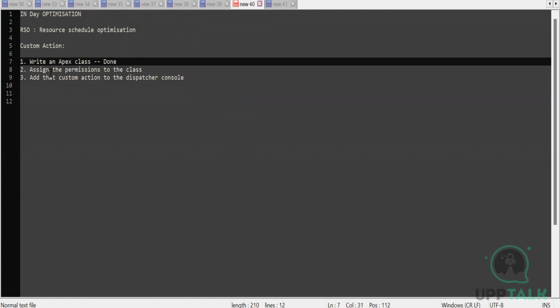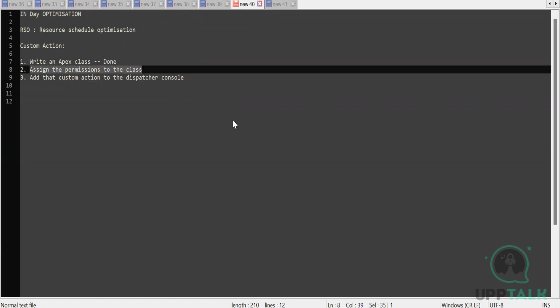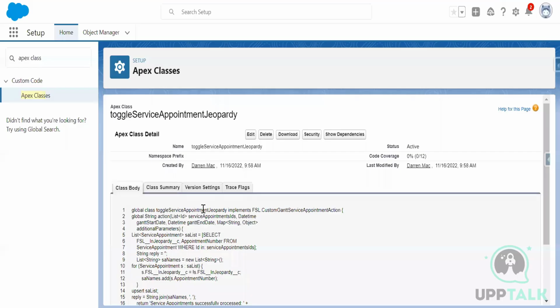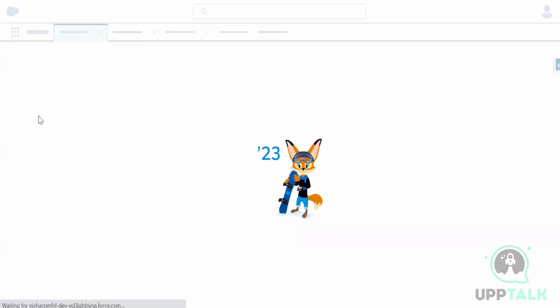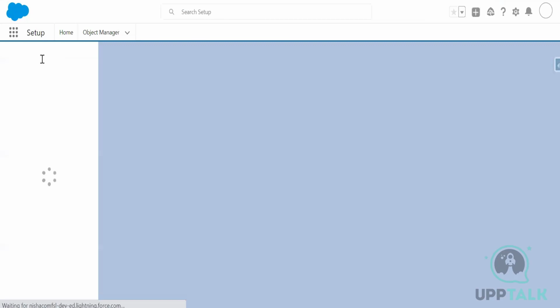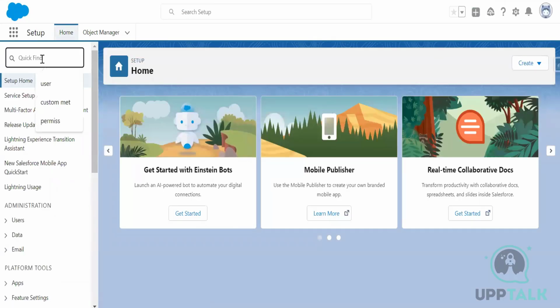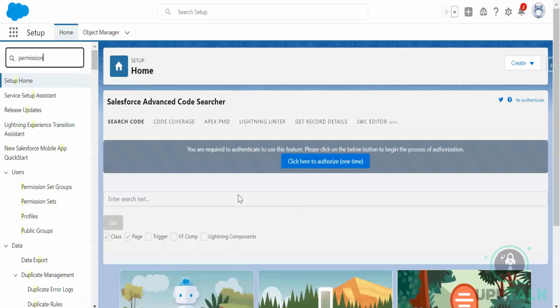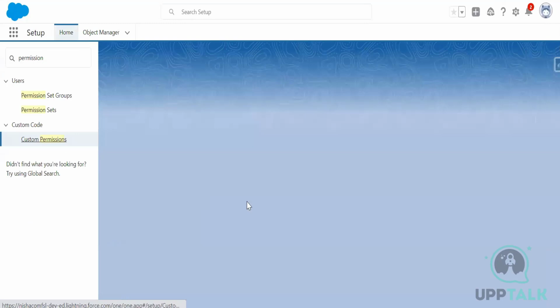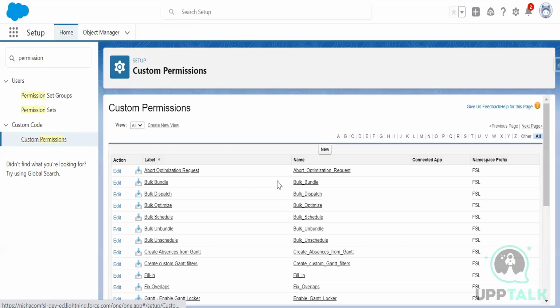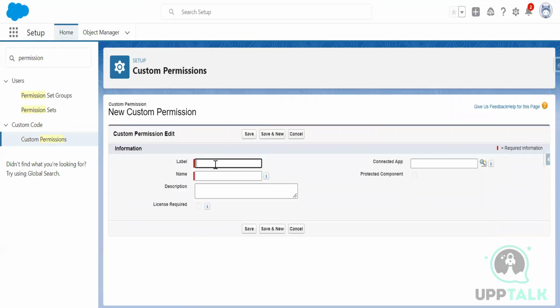Now the second step is to assign the permissions to the class. How to create the permissions? I need to click on Setup, and in the Quick Find box, I need to go to Permission. Here custom permissions is there. Under custom permissions, I need to create a new one, and here I will put the name Toggle